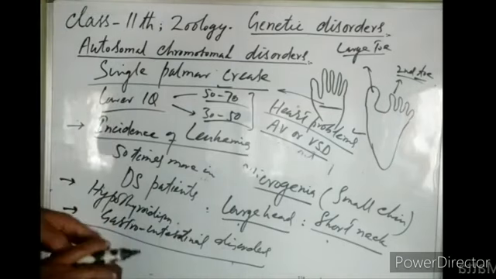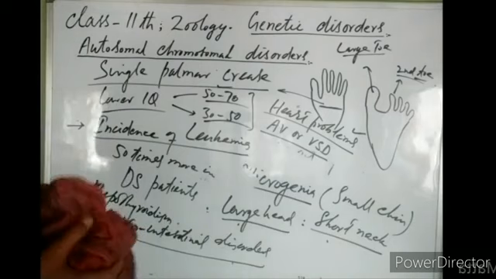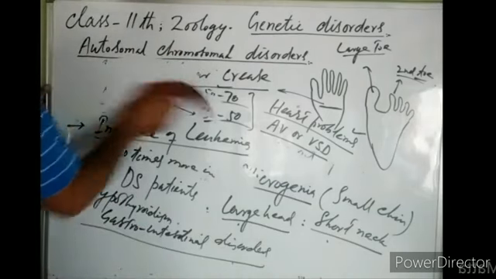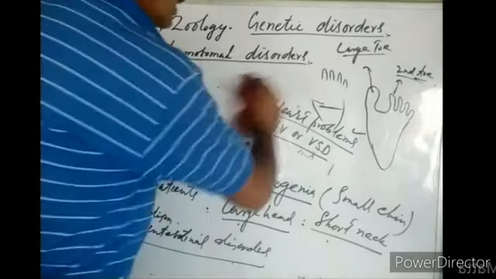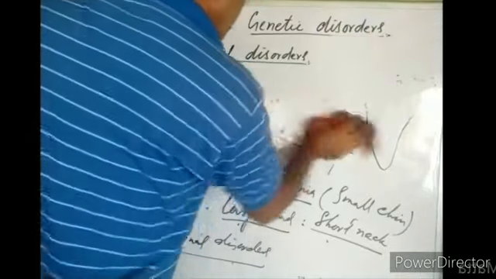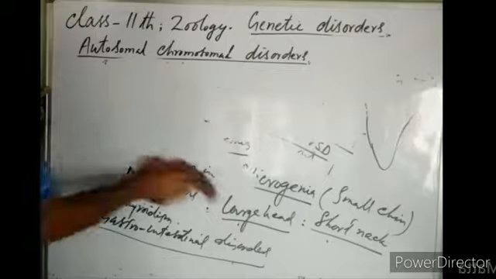So how does their karyotype look like? If we see the karyotype of these Down syndrome patients, if we subject them to karyotyping, we will find there may be